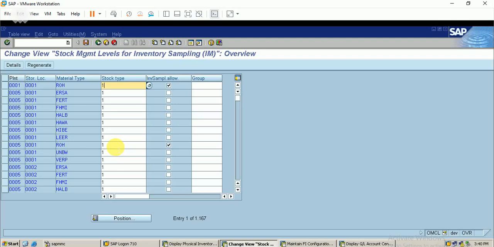And you can separate the unwanted material that is involved in the physical inventory process. By making the stock management levels configurations in your system, you can have complete control over the physical inventory process.